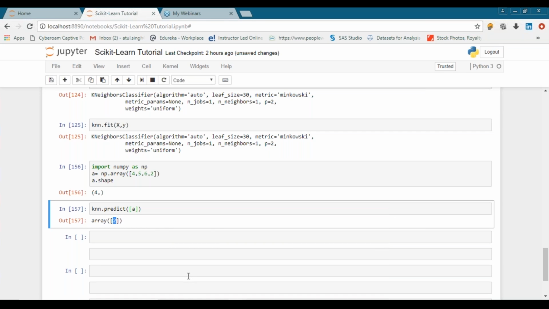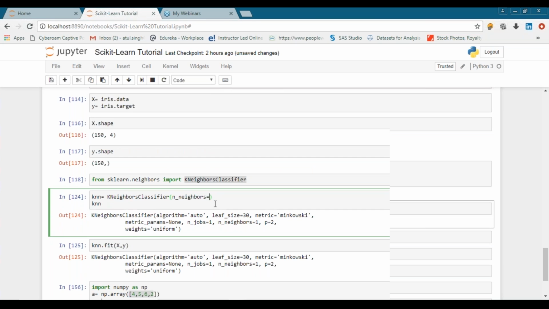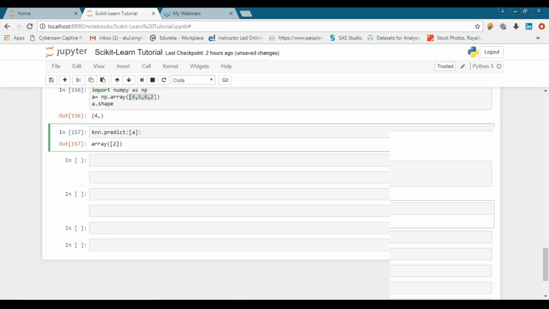So that is how we have concluded that for these set of values, we're getting the output as 2, or you can say the iris virginica. Now similarly, you can try it with different k values. Here you have given the value of 1, you can change it to any other value. Let's say if I give it a value of 4, I'll just run this. And now if I run the last statement,